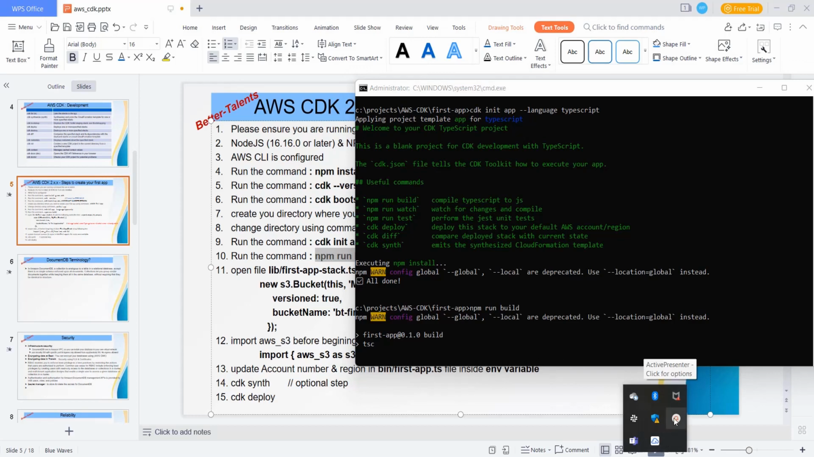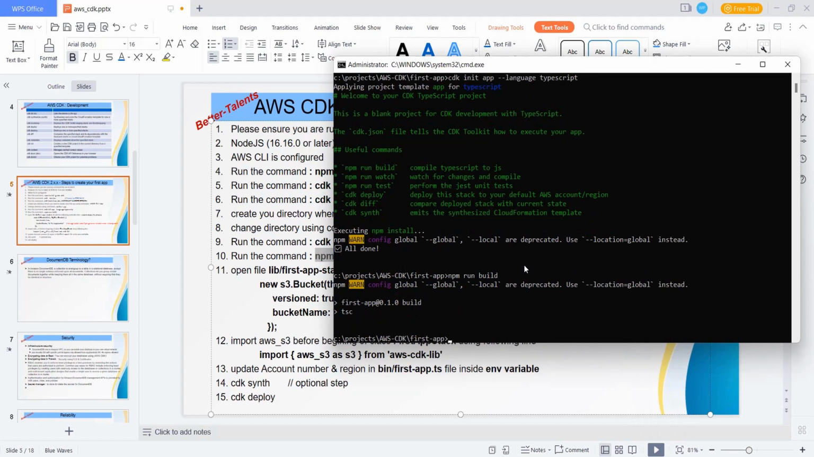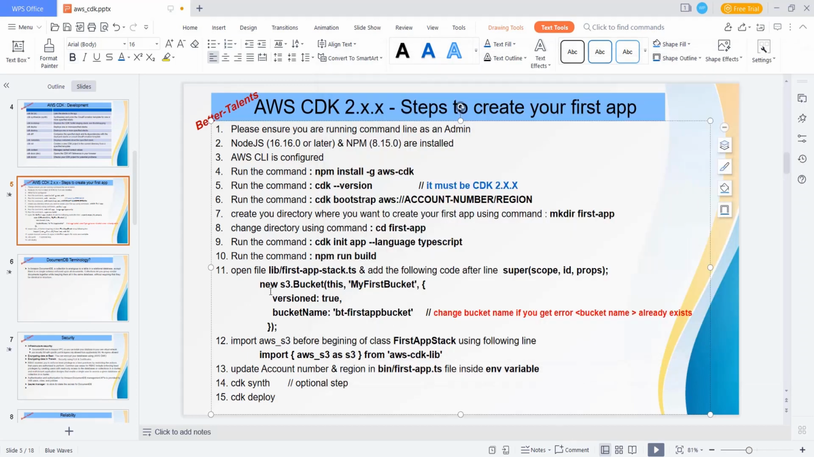So we have to wait just a few seconds to get the project created. So then, now the next command is, what we have to do is open the file, and in the lib we have,